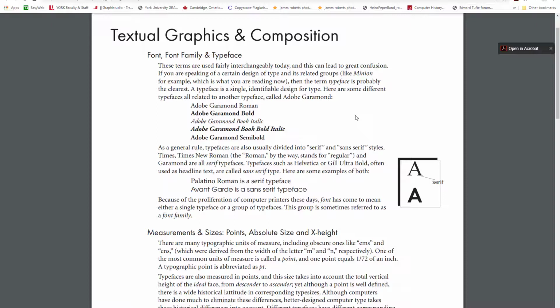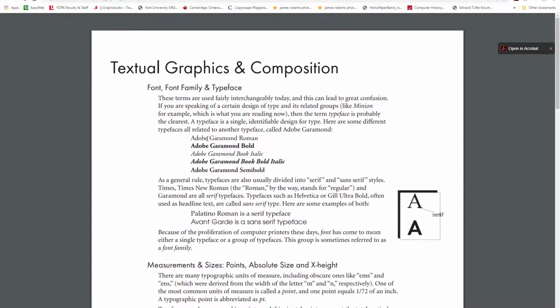Typeface is probably the clearest. So it's a single identifiable design for type. Okay, that's what's really important. And here's some different typefaces, all related to another typeface, all called the Adobe Garamond typeface family, or